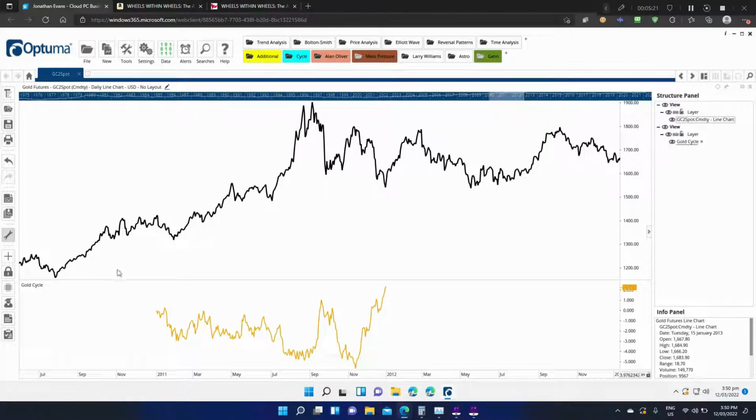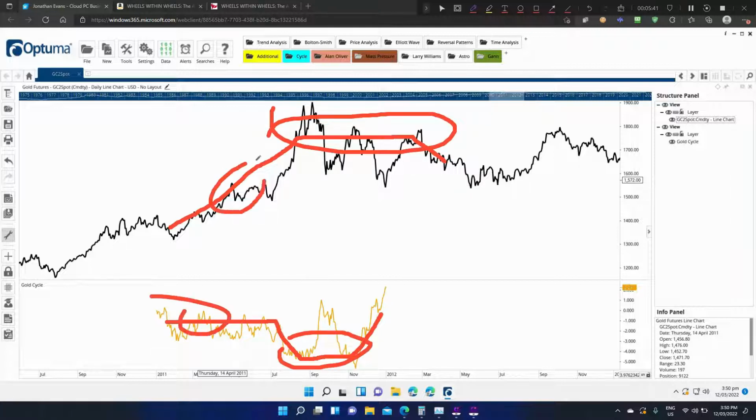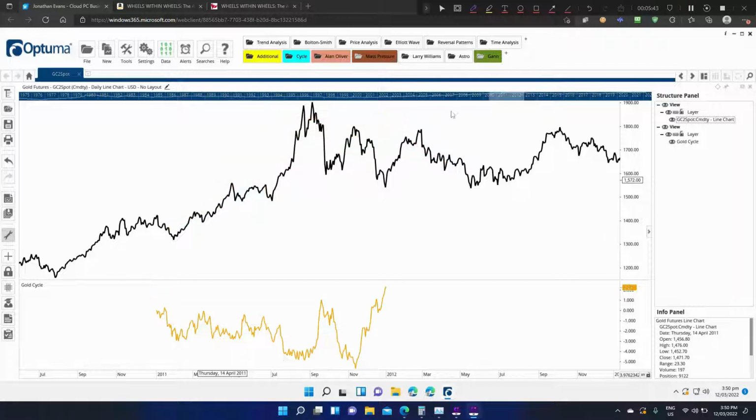We've got the gold cycle, and we can see that the market went up and then pretty much sideways and then down. And then the forecast was suggesting sideways, down, to the bottom and then up. So what we had here was our polarity flip. And obviously this here was another polarity flip, with the market moving up instead of going sideways.